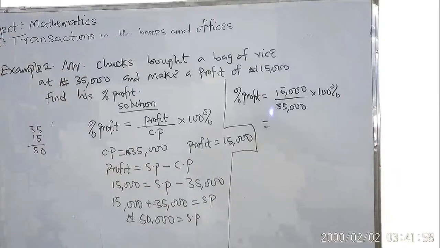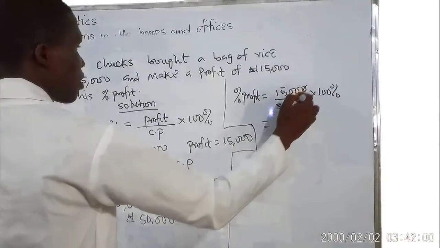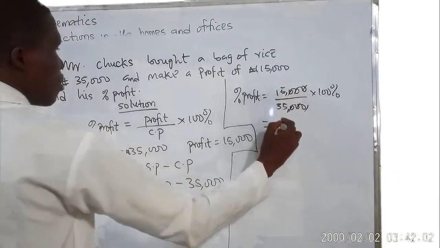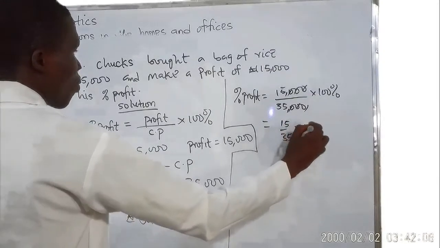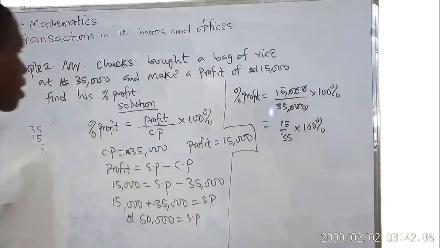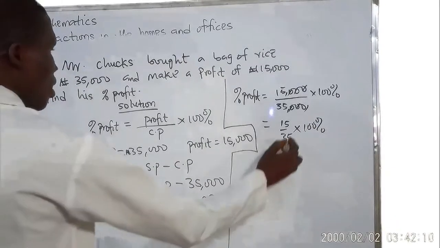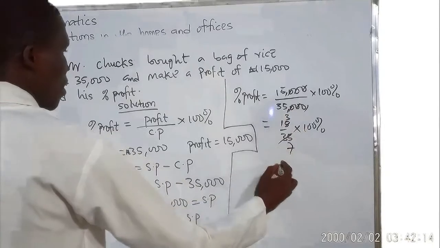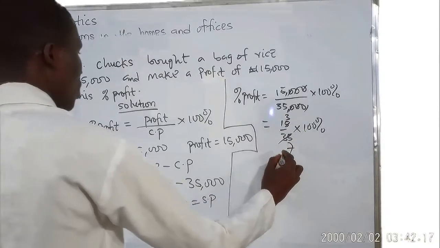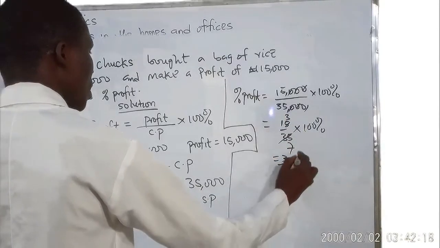So this will give us 0 cancel 0, 0 cancel 0, remain 15 all over 35 times 100%. So we can still cut 5 here, 7, 5 here, 3. So this will give us 3 all over 7 times